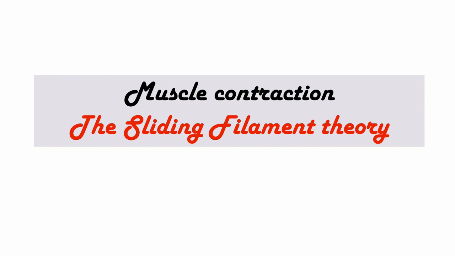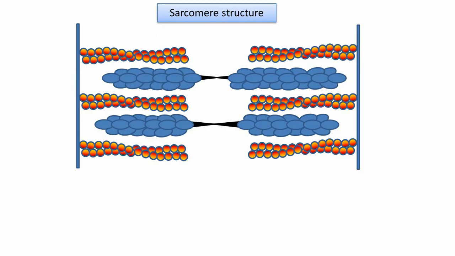In this video session, we will try to understand muscle contraction, specifically the sliding filament theory that explains the mechanism of muscle contraction. We shall first begin with the structure of the sarcomere. In this illustration, the arrow mark shows the actin, which is referred to as the thin filament, myosin, which is the